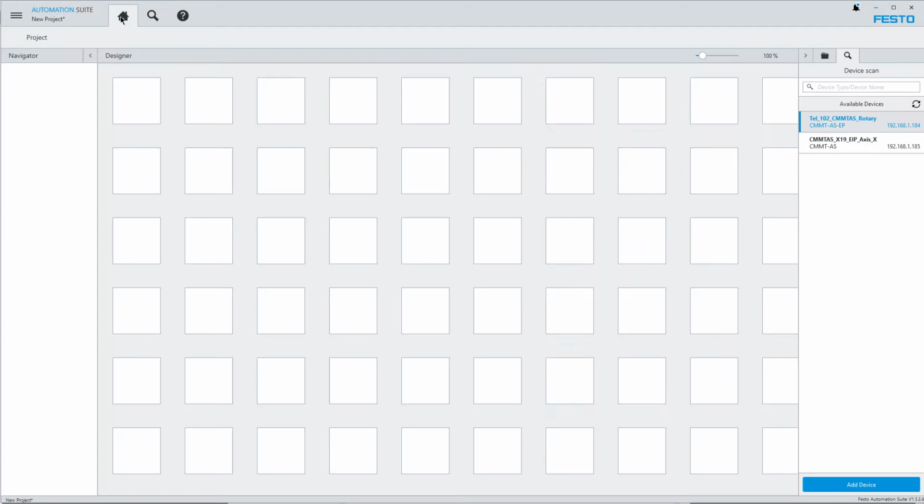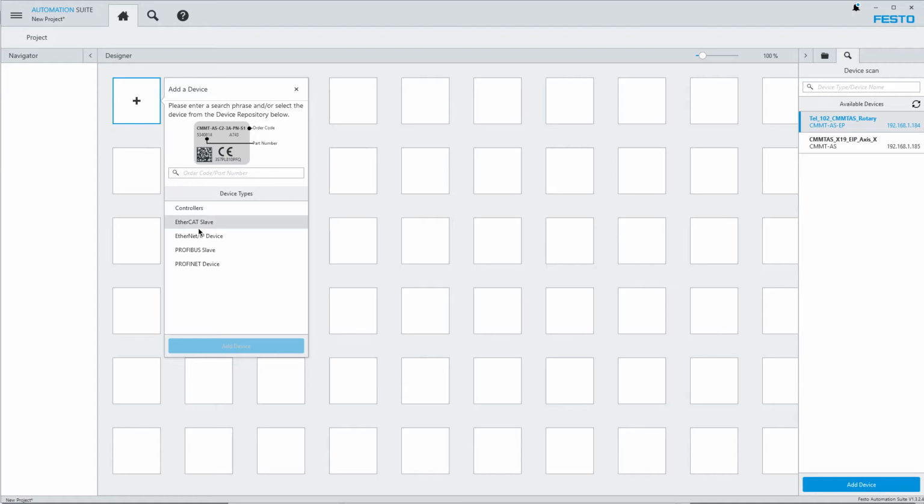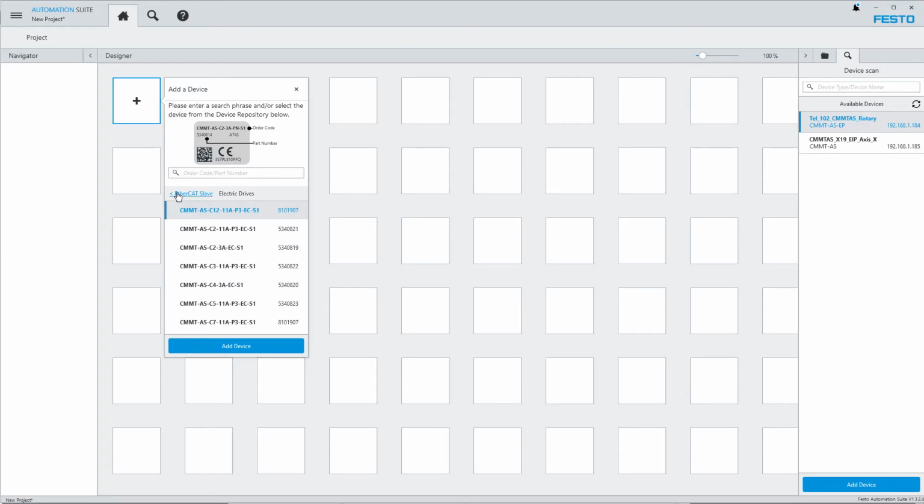Okay, so we're going to start with a fresh project, which means blank slate, default everything from a software point of view. And we're going to click on the plus sign. I'm going to add an Ethernet IP device because you do have other options, like we've got PLCs that we can choose from. We've got EtherCAT if we're doing EtherCAT. EthIP is what we're doing today, an EthIP drive, and we're going to pick a,